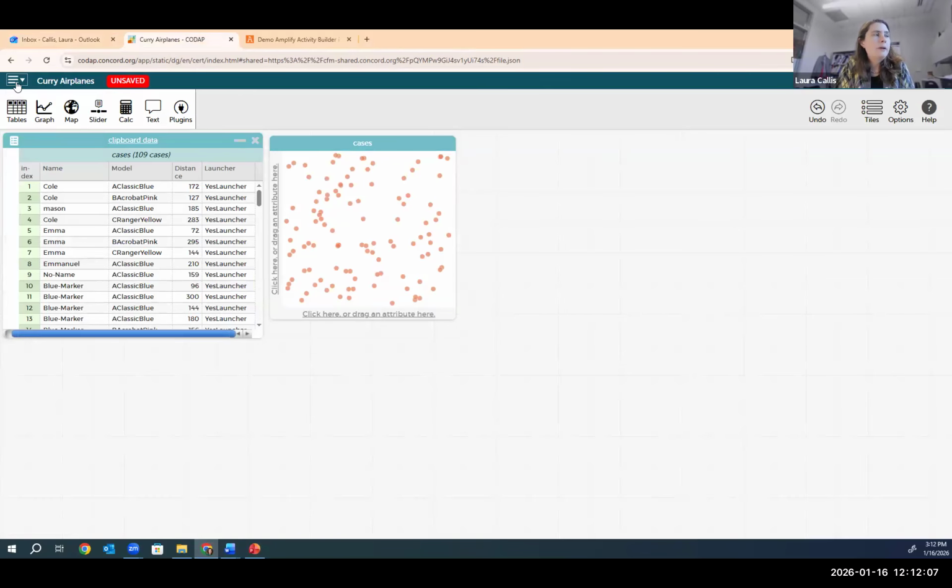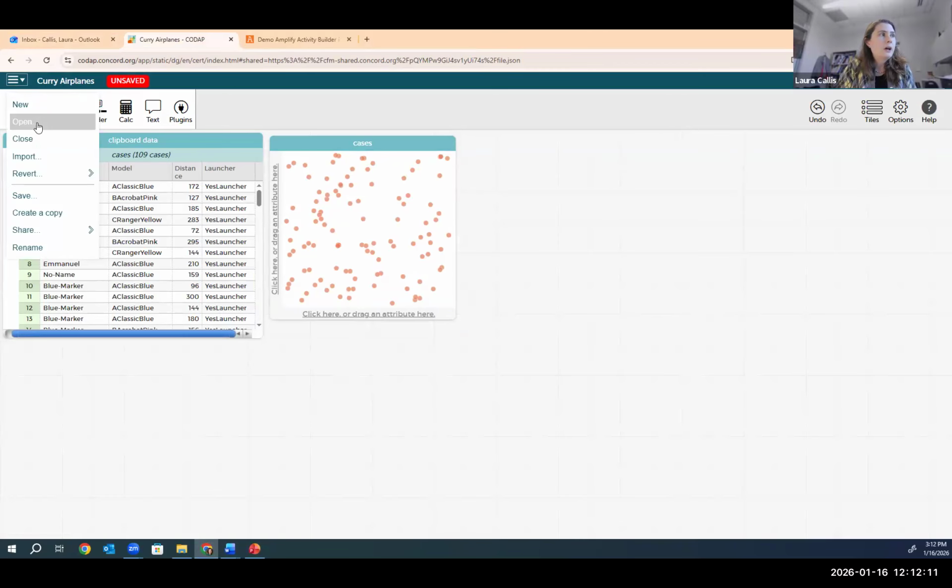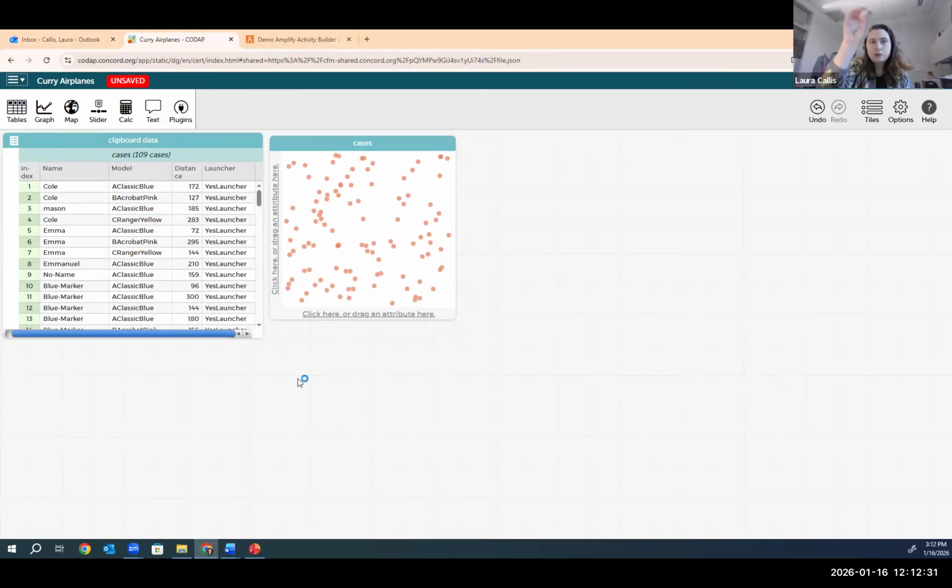So in CODAP, if you were doing this in your class, you could go to File, Open, and it will ask you if you want to open from your most recently copied data. But we've got the data loaded in here already, and you can do this for your students too. You could load it into CODAP and just send them a link. And you would click Graph in order to get this graph over here. And what's really nice is you don't have to, like in SPSS or something, right? You have to know like which menu to click on